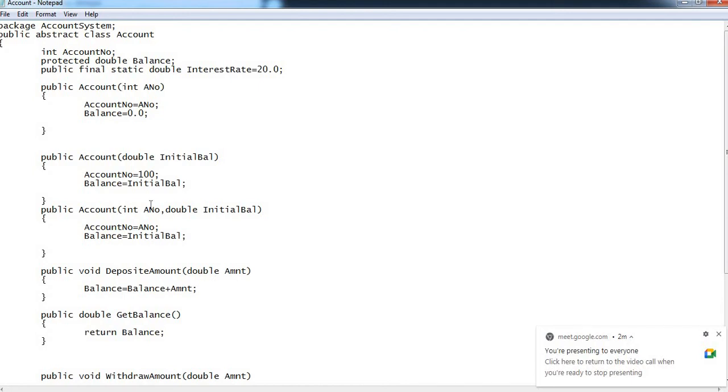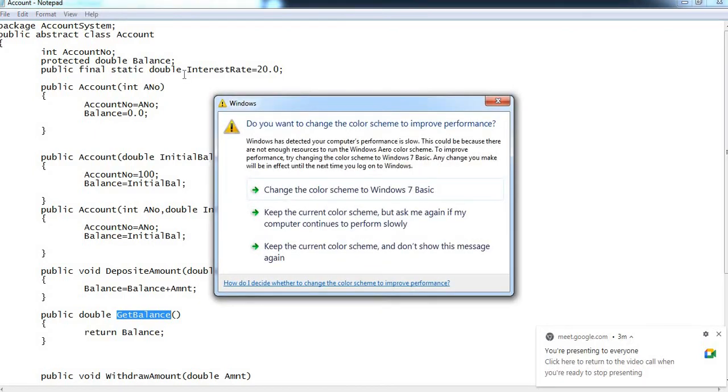So none of your operations like withdraw, deposit, get balance, or any operation for that matter, should be able to change it, deliberately, as a part of the logic, or by mistake.